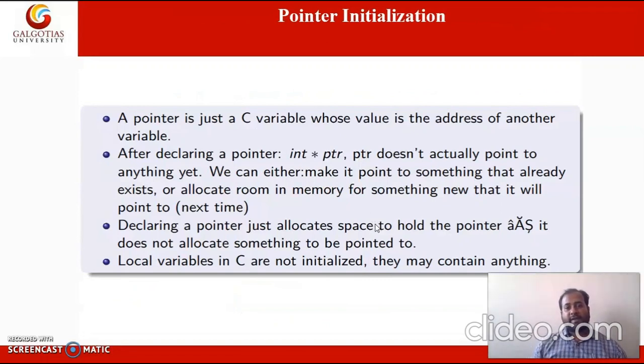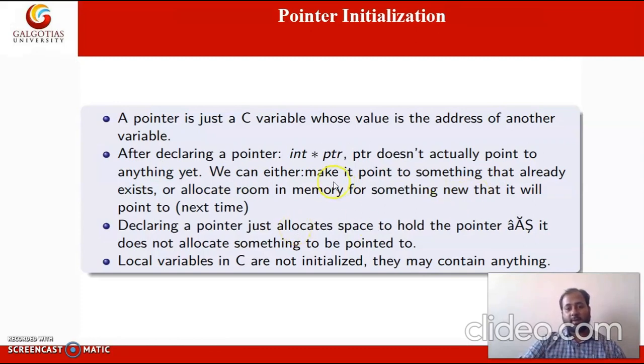So how to initialize the pointer? Pointer is just a C variable whose value is address of another variable. As I just said earlier that a value of the pointer is just address of the another variable.